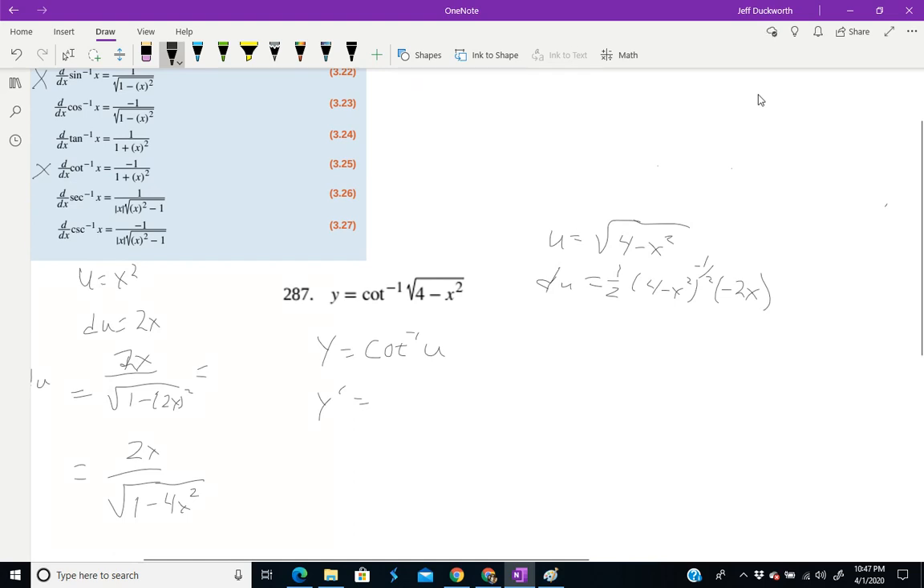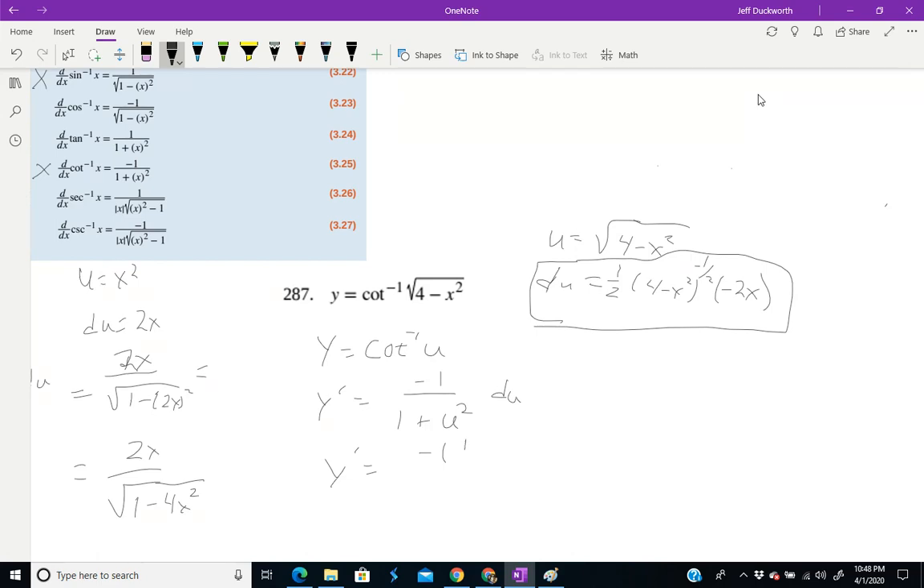Inverse cotangent of u has derivative negative 1 over 1 plus u squared, and then du. And the du is this big guy over here. So we have y prime equaling the du, the whole thing. So negative 1/2